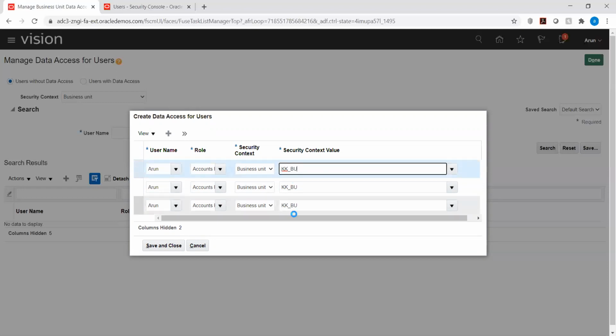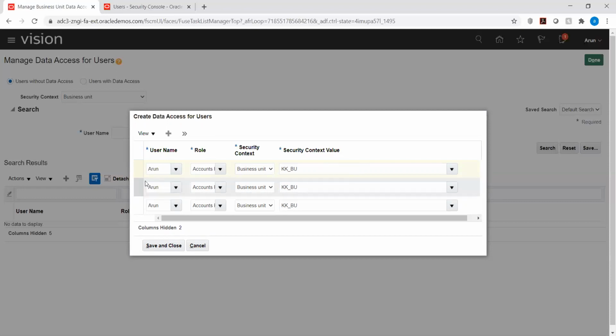So this role itself I can take and keep on assigning to different users with different views. Yeah, correct, because this role is a seeded Accounts Payable Specialist role, so at role level we will not have any restriction. If I want to assign multiple business units to this particular role, I can. From this list, I can just pick and attach to this user so that I can access multiple views as well. So you have to keep on adding the same role and keep on attaching multiple business units. Yes, got it, correct.